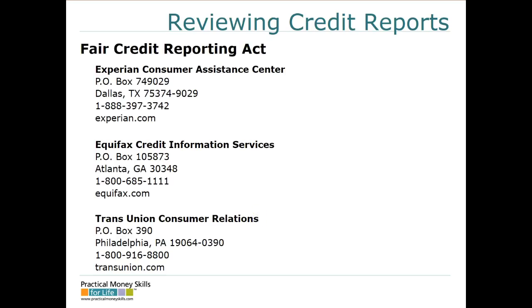It's important that you know what is on your credit report. In some cases, you may find that you have a bill outstanding and it's causing your credit rating to be very low, when all you need to do is pay off that bill. So the Fair Credit Reporting Act stipulates that an individual, upon request to the Consumer Reporting Agency, may have access to a copy of his or her credit report. Once a year from one of these three organizations on the screen, you can order a free credit report, and you should do that. You should check it at least once a year to see what's on there. Experian is one of those, Equifax, and TransUnion.